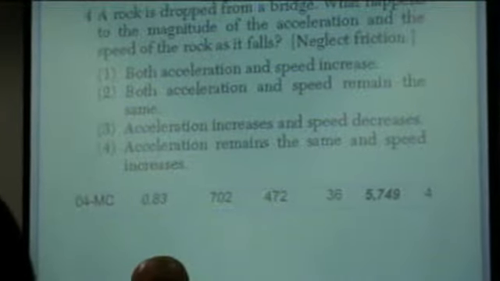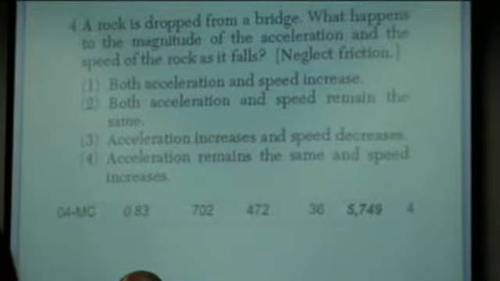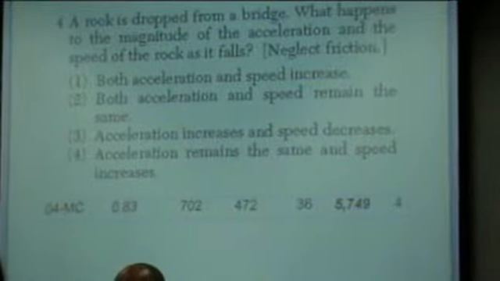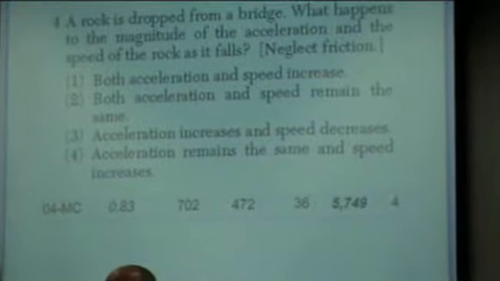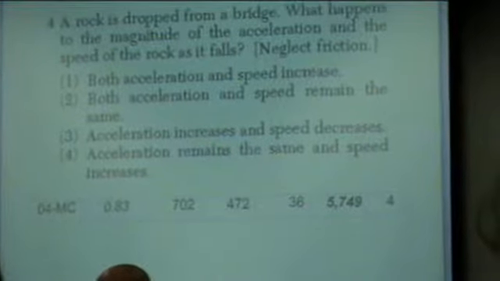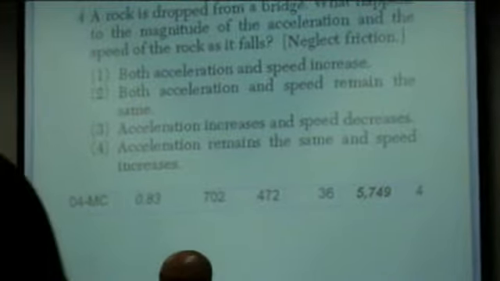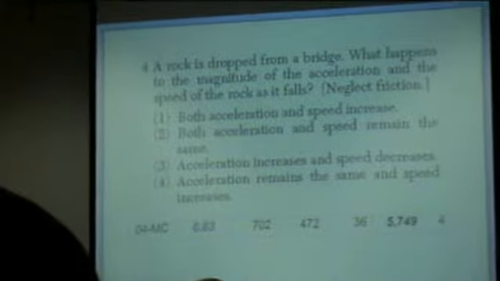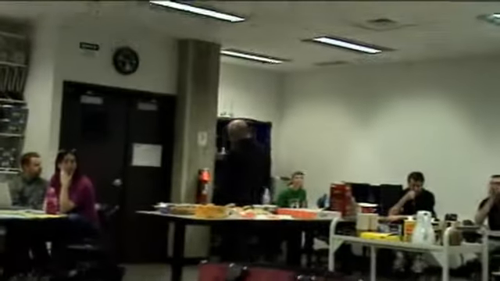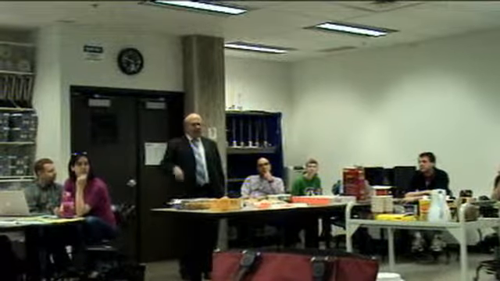Students are pretty confident the speed doesn't decrease as it falls. Okay. To start, let me just take a step back. If you take a look at the way New York State has been constructing tests for a number of years, for multiple choice items with the thought that there's just a random probability, if they just randomly guessed, they'd be around 25%. What percentage or how many students might be just randomly guessing here?